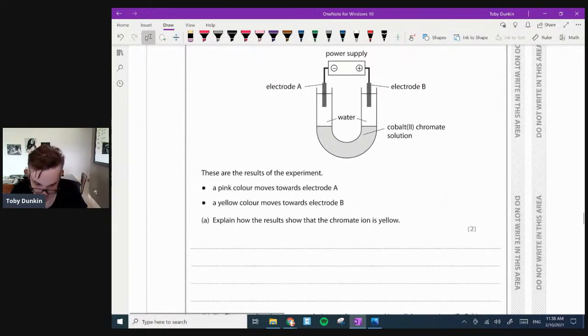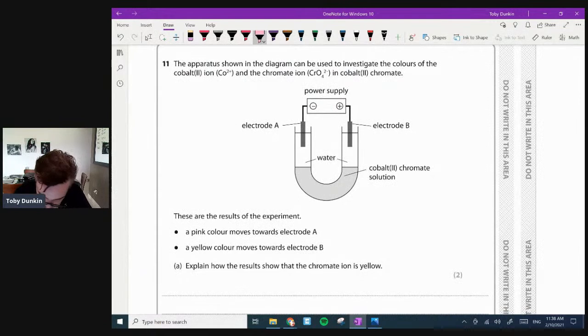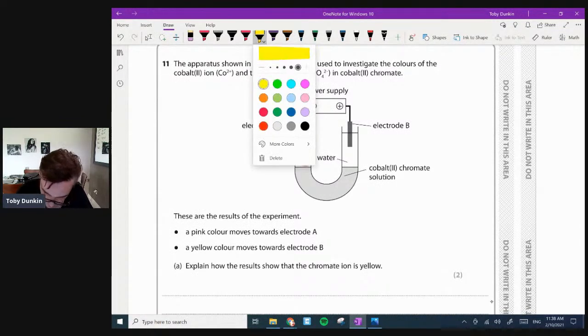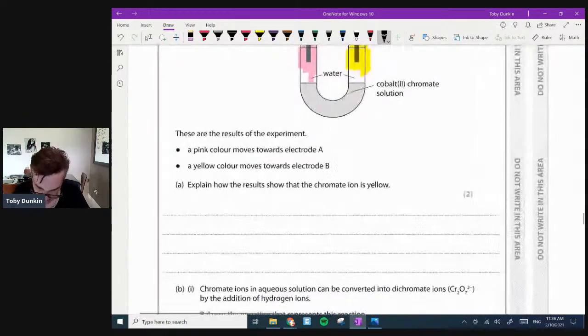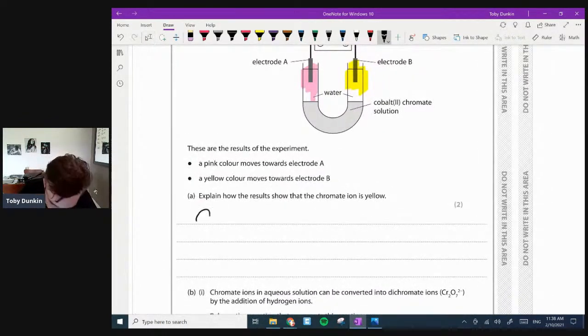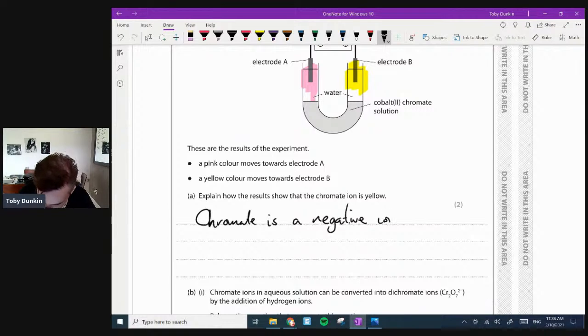Right. So the pink color has moved towards electrode A, and the yellow color has moved towards electrode B. Now we know that the chromate ion is 2-. Chromate ion is yellow, so you put chromate. I'll do the words. Chromate is a negative ion, so will be